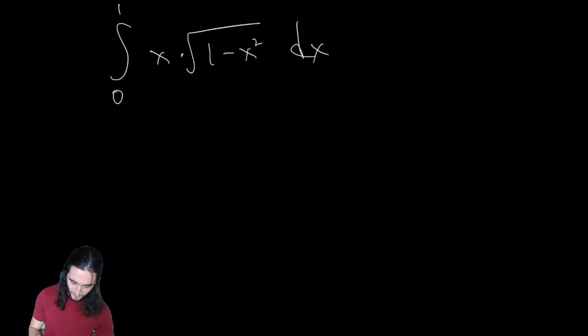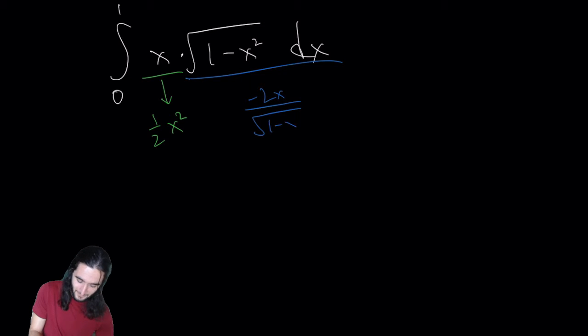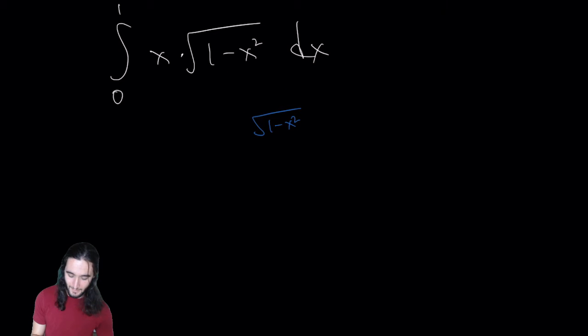Okay, so maybe you go the other way. Maybe you let this be your dv, and so you're replacing this with its antiderivative. And you let this be your u, so you're replacing that with its derivative. But the way that works out, it's not really that great either, right? So you might think about integration by parts, but if you start to work them out, you'll find it's not a very fruitful direction. In fact, the fruitful direction for this problem is simply a u substitution,